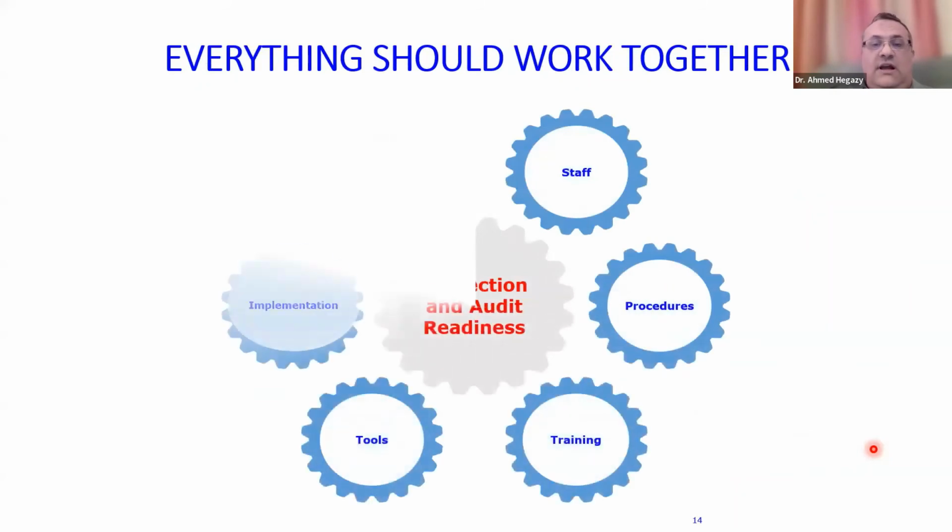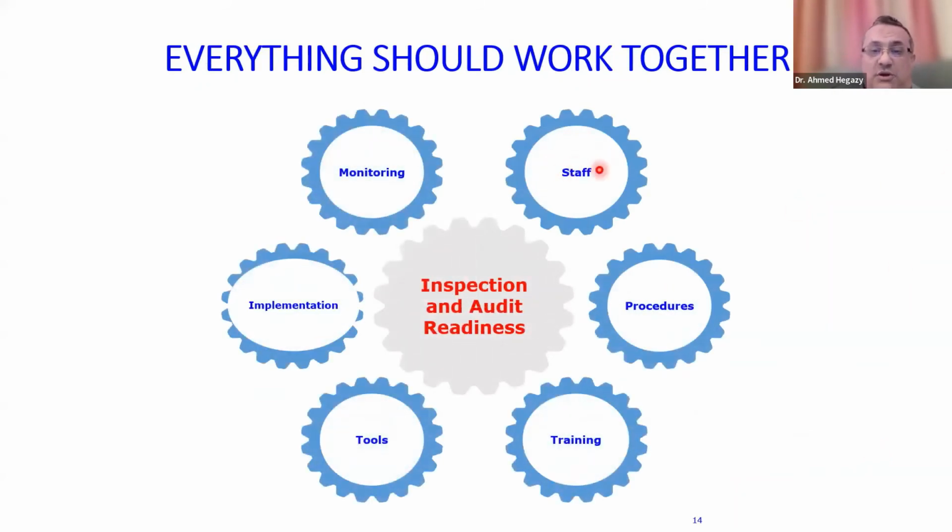I could not work alone. So we have people, we have documents or procedures. People should be trained. I should have tools, IT tools, whatever, and we should implement everything. So we have documents, we have people, everything, and this is done. This is implemented, and then I will see if I implemented this well or not. So I have to monitor this. If something is not done well, we do improvement. That's why we have what is called deviation management,